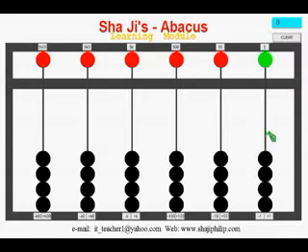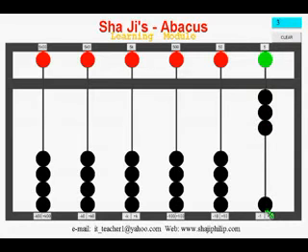If you want to set a value 1, then move the earth beam up. So now the value is 1, as it is displayed here. And if you want to set 2, move one more up, to 3, one more up, to 4. So ultimately we have moved all the earth beams up and we got the value 4.